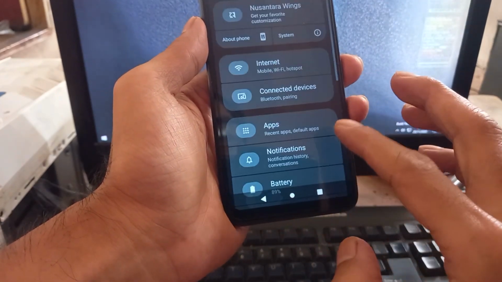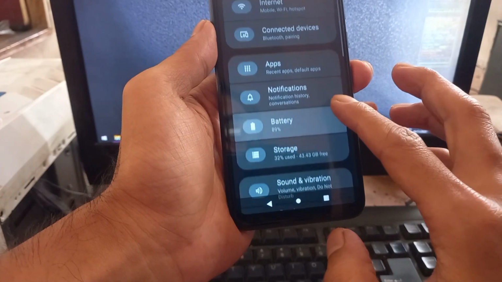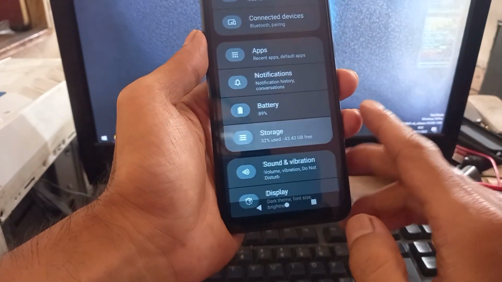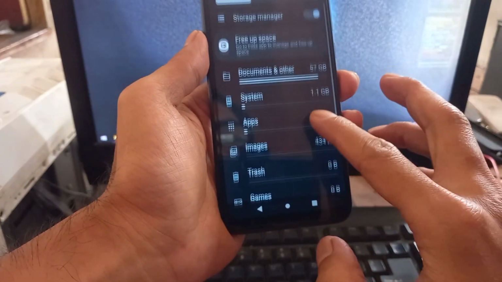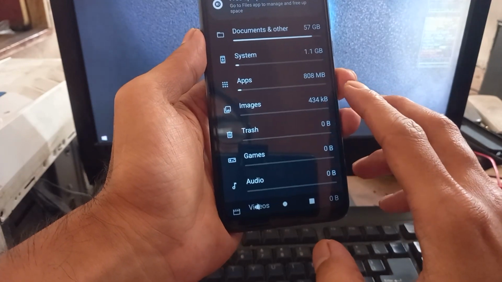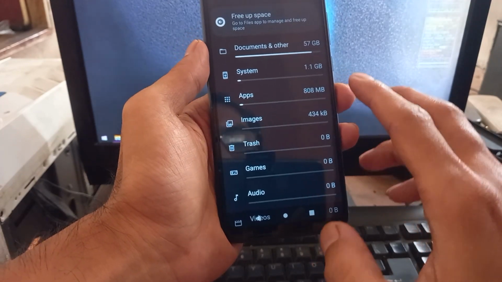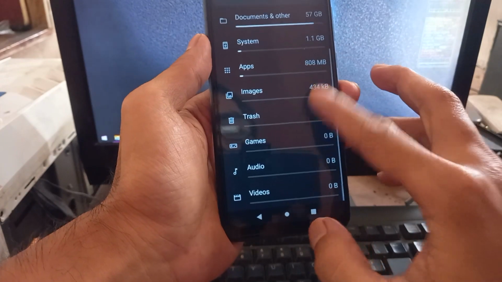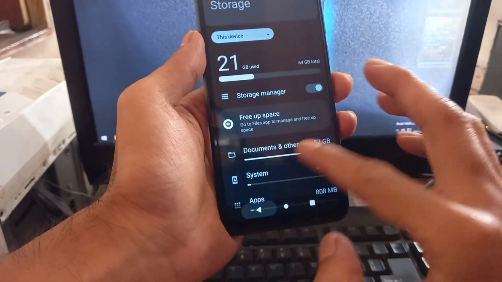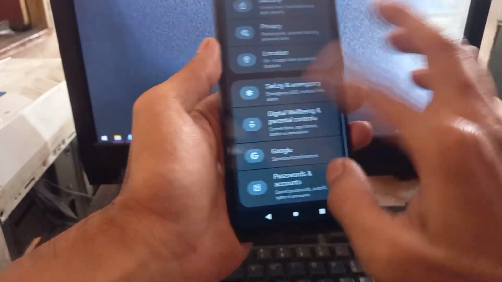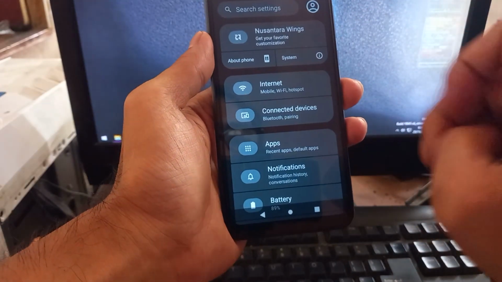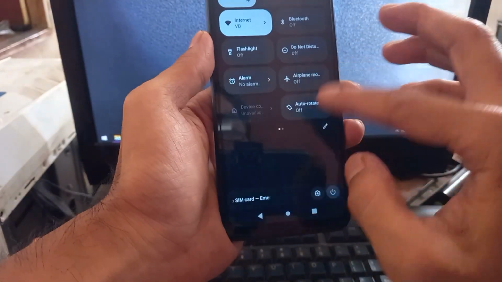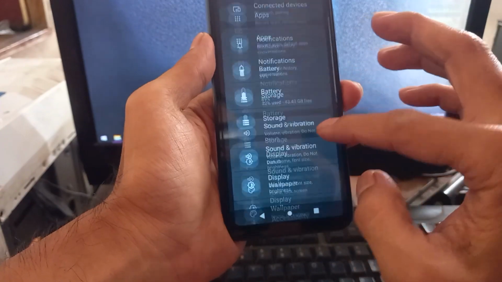What else? Maybe some of you guys want to know the storage. Let's open the storage, and you can see right here it's using system apps 1.1 GB. Okay, and you can also see the display is changing using the new material,